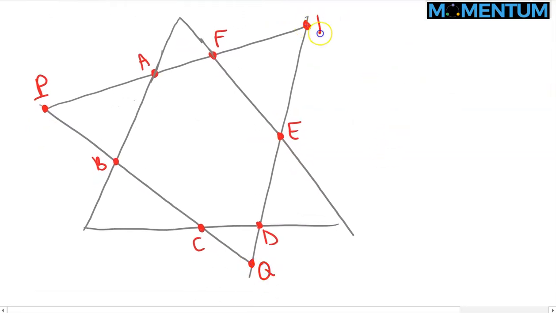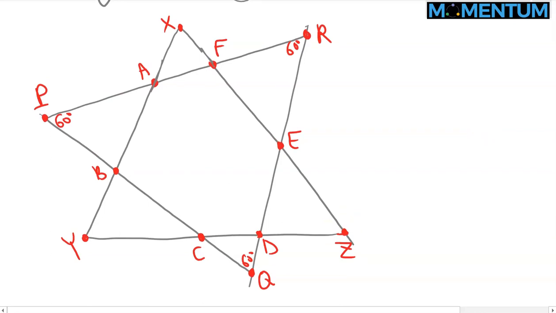This is an equilateral triangle, so these are all 60-degree angles. But at the same time, I think I labeled this one as X, Y, and this one is Z. Now, interestingly, if you use Viviani's theorem,